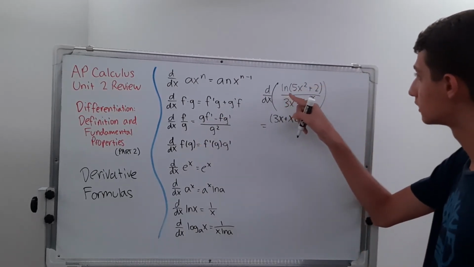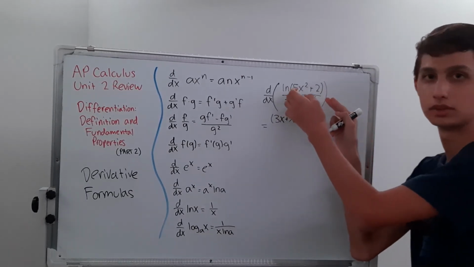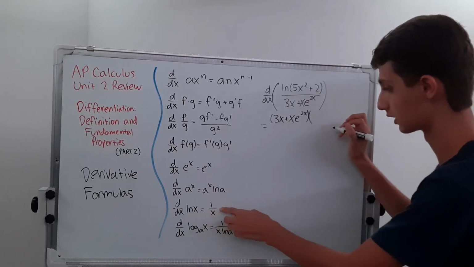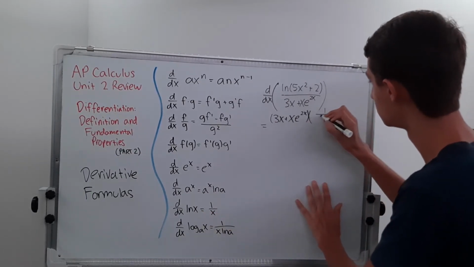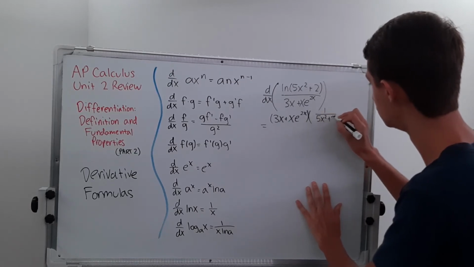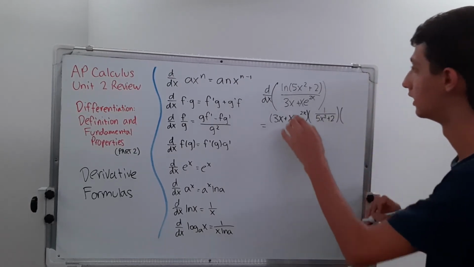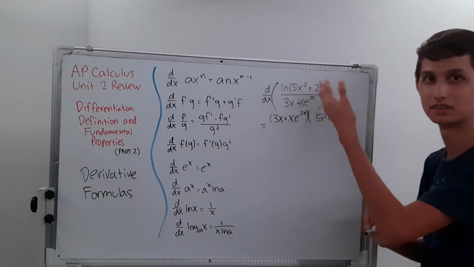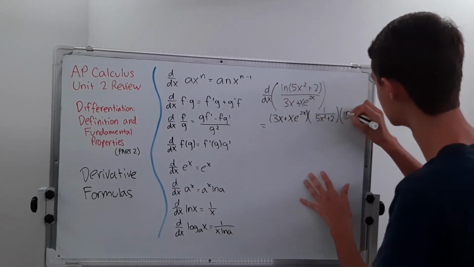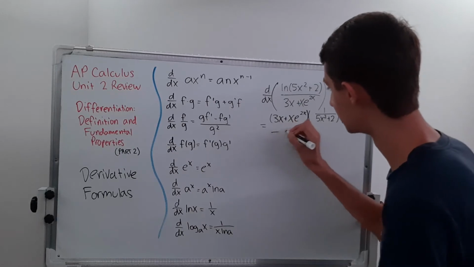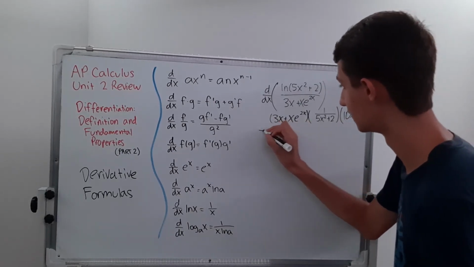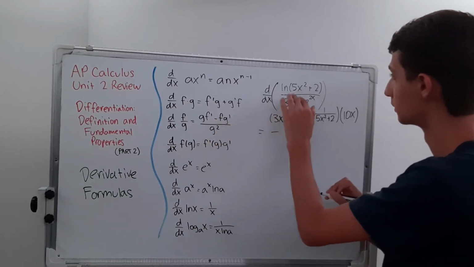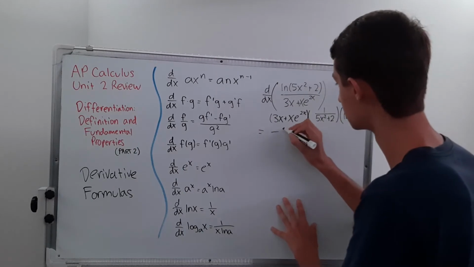So we're going to treat this 5x squared plus 2 as its own little entity. The derivative of the natural log is 1 over x, so it's going to be 1 over 5x squared plus 2, times the derivative of the inside, which is 10x plus 0, because the 2 goes away, so times 10x. And then we're going to minus. I'm not done with this row yet, we still have to do the second part. The first function, which is just ln x plus ln of 5x squared plus 2,